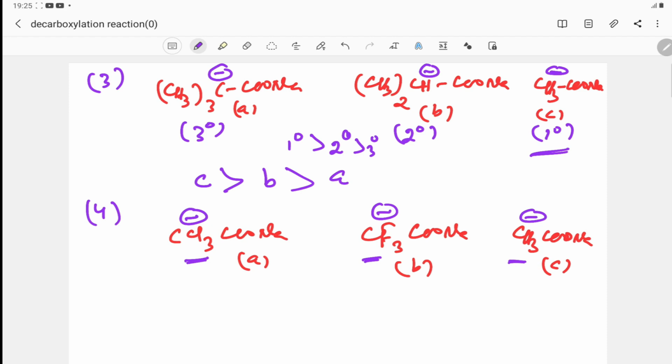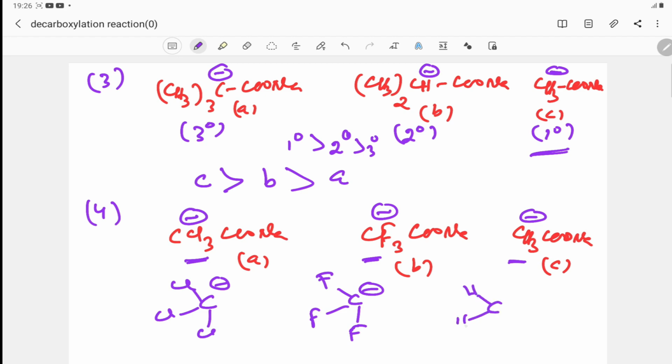But in case of CCl3, if you see the structure, this trichloromethyl carbanion is more stable although chlorine has a minus I effect. But here what happens,